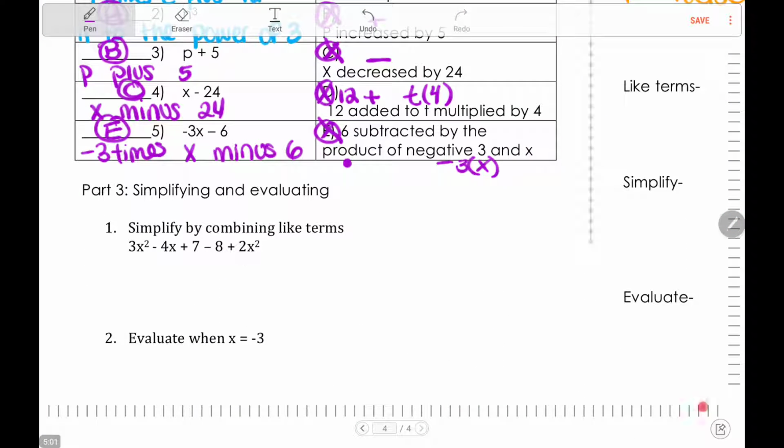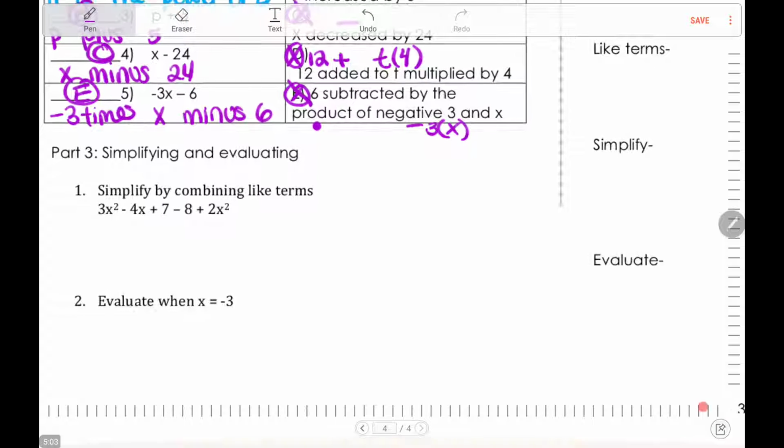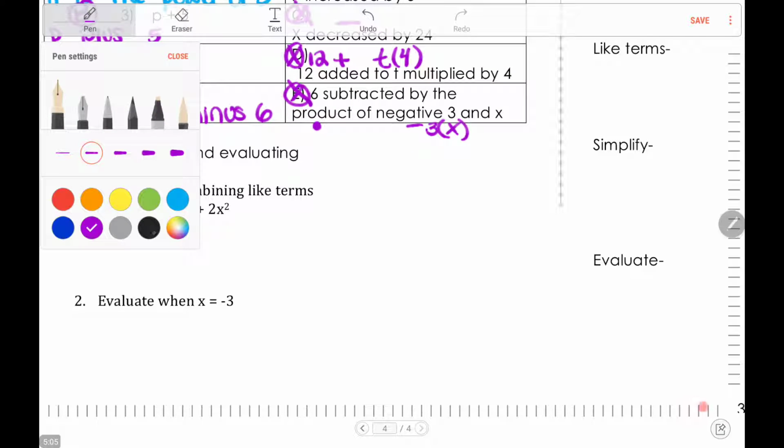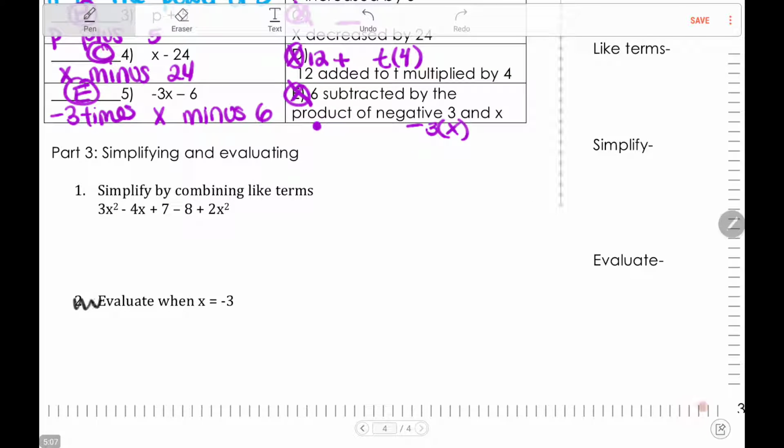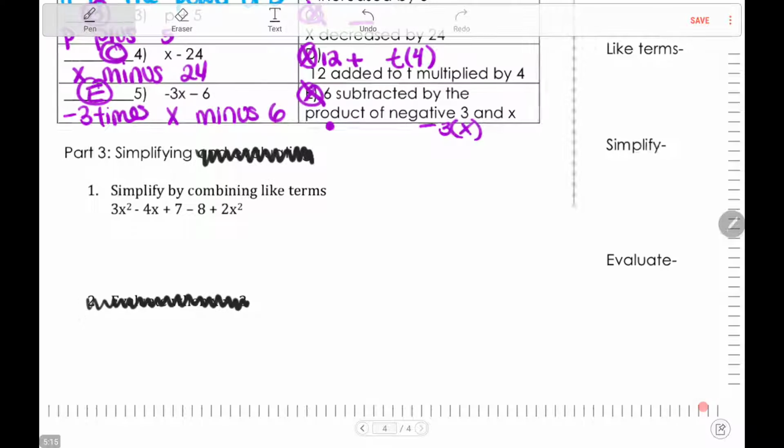All right. Part 3 is simplifying and evaluating. Remember, we didn't get to evaluating, so we're going to cross off number 2, and I'm going to cross off the evaluating piece. And I actually want us to create another like term example. Okay, so same thing, simplify by combining like terms. And this example is going to be